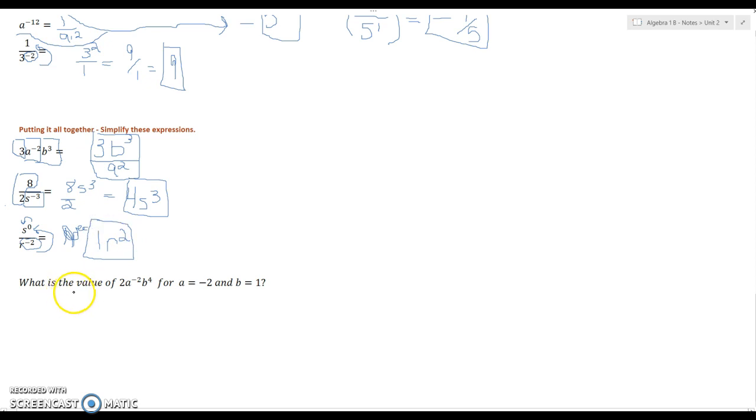And lastly, we have a few questions that ask us to evaluate with a's and b's in them. So first of all, what is the value of 2a to the negative second, b to the fourth, for a is equal to negative 2 and b is equal to 1? So we're going to start by putting in what we know. So a is negative 2. So wherever I saw an a, I put a negative 2. And wherever I saw a b, I'm going to put a 1. So this 2 right out front is just hanging out there. This negative 2 goes just to the 2,